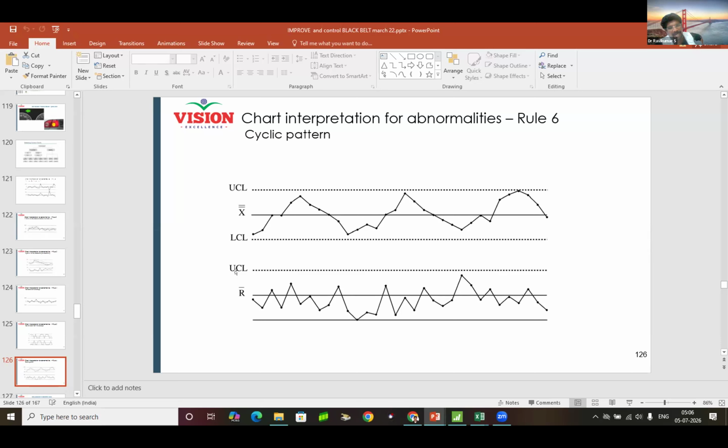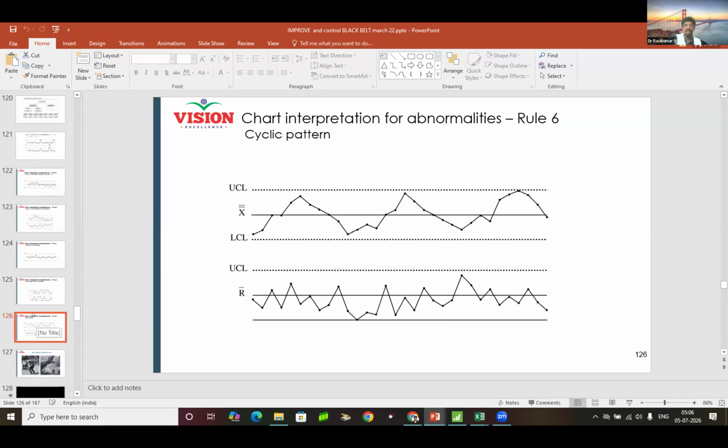A pattern doesn't occur. So you have to ensure that if there is a pattern, you go and verify this and find out whether the operators collected it properly, with no data manipulation or tampering. You check it out. Even though these control charts look well and good on paper,